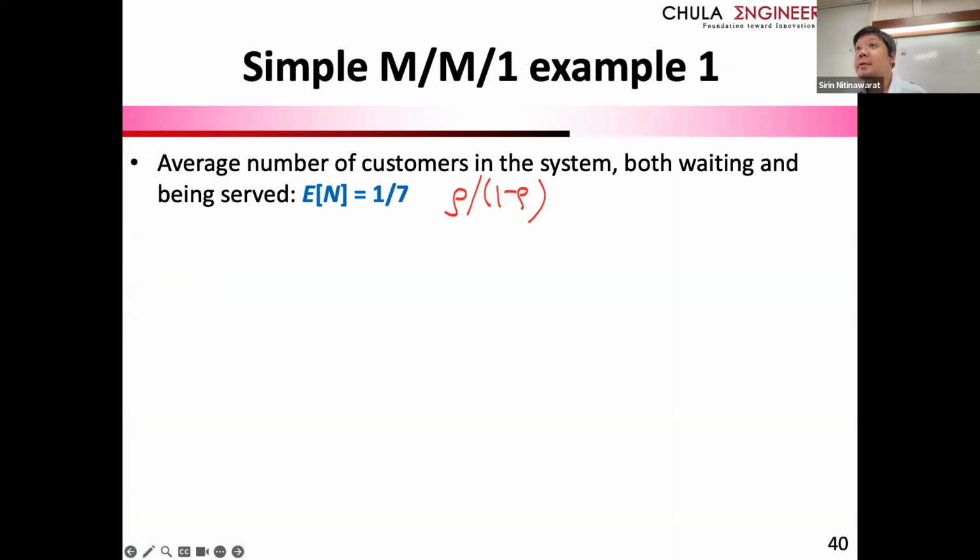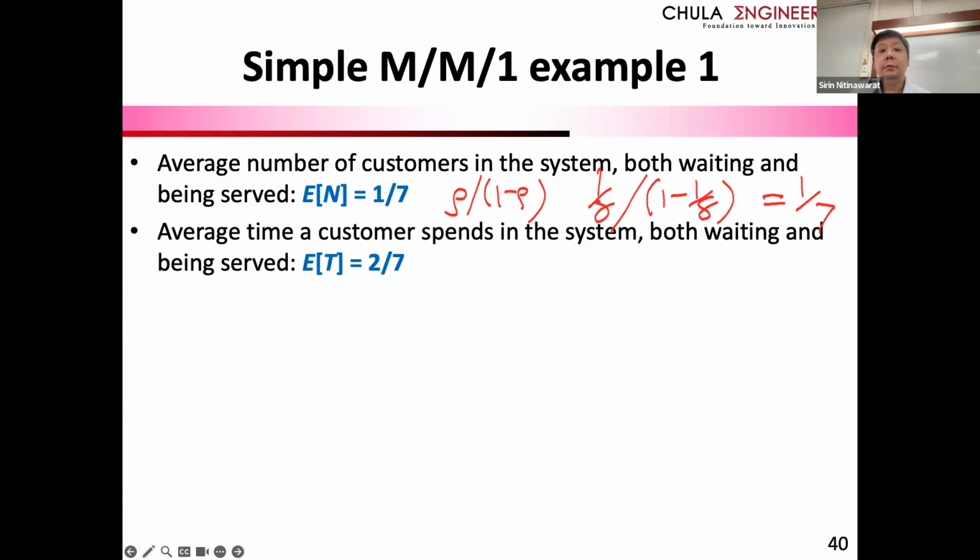Rho is 1/8. So it's 1/8 divided by 1 minus 1/8. What is that? 1/7. Knowing the expected number of customers in the system,